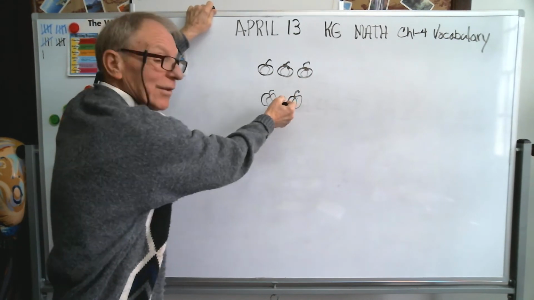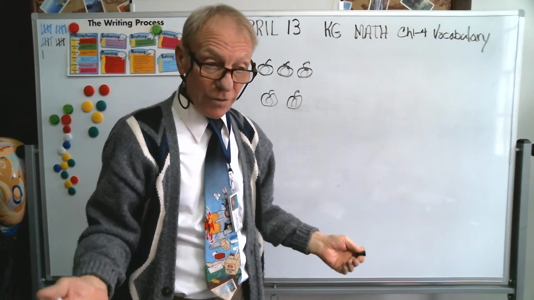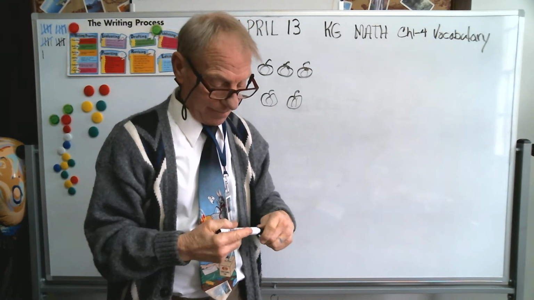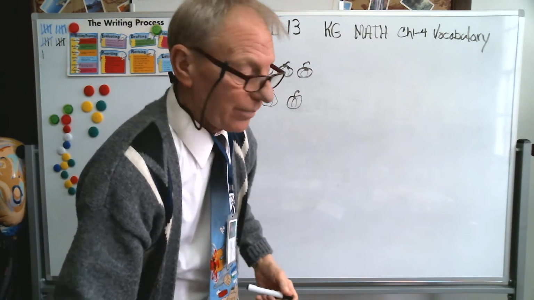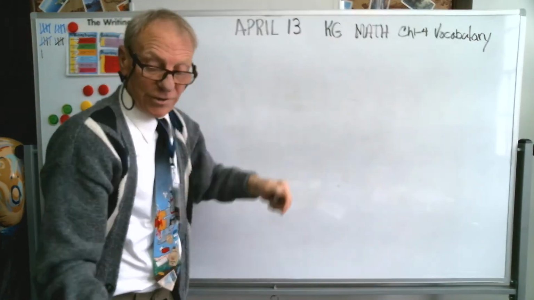This has 3, this has 2. 2 is fewer than 3. Now you're learning what some of the digits are,